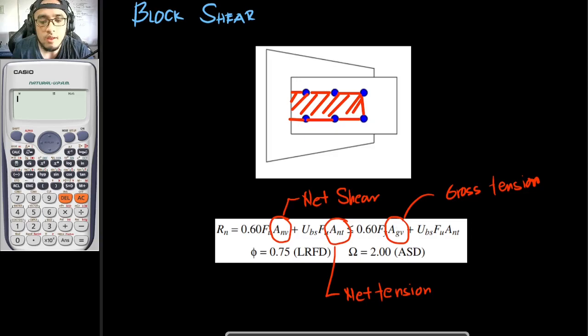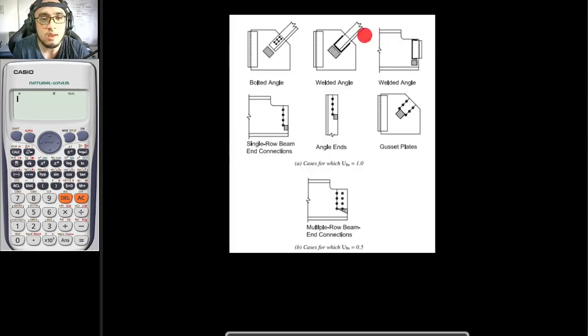And another new value here is this one, which is UBS. This is your block shear coefficient. So this is pretty much basic. You would just be using these figures by AISC. If your connection is either of the following or similar to these ones, your UBS is equal to 1.0. But if your structural member is in this setup right here, your UBS is equal